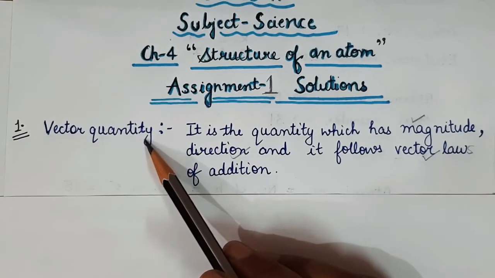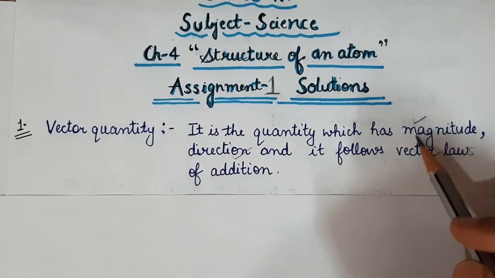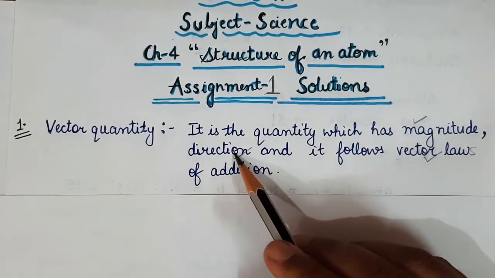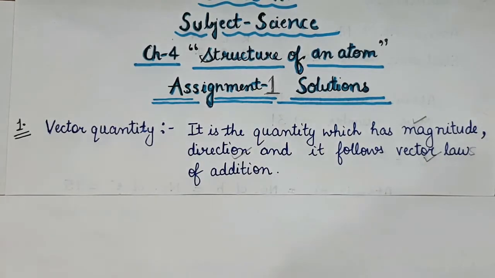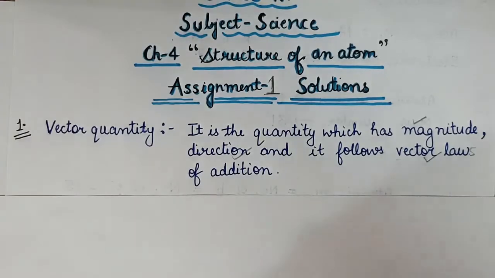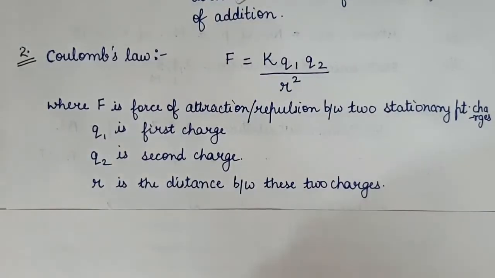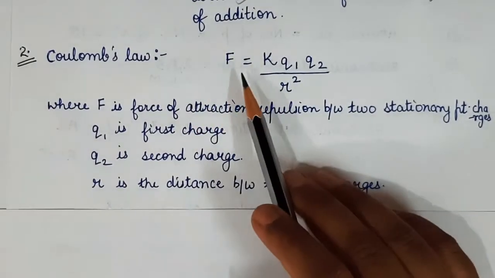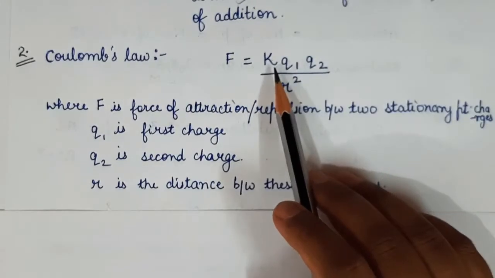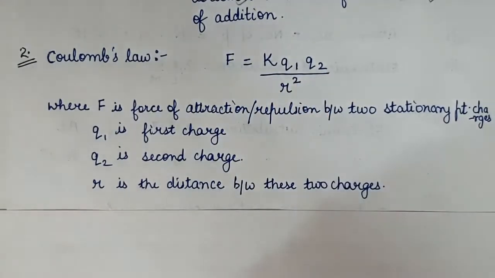And what was scalar quantity? The quantity which has magnitude only. That was scalar quantity. Clear, students? Question number 2 was, write Coulomb's law. So what is the formula for Coulomb's law? F is equal to K Q1 Q2 by R square,